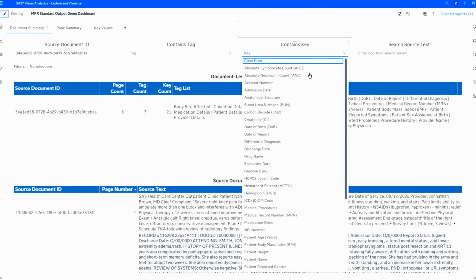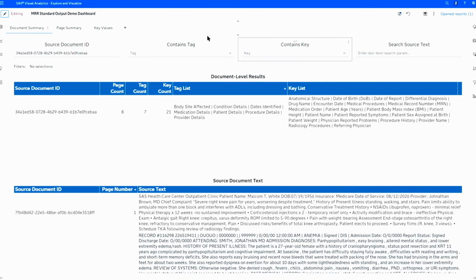This tab is focused on the document summary, and what that does is it gives you some information about the number of pages, the number of tags that were discovered from the page, and then the types of keys. Over here you can see the keys that were extracted, the tags that were extracted, and then you can sort your page. Say you only want documents that are focused on laboratory values, so you want documents that contain a blood glucose. You could then sort your documents and only look at ones that have glucose values.